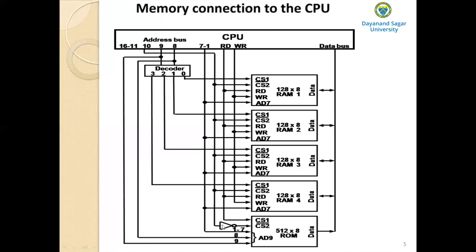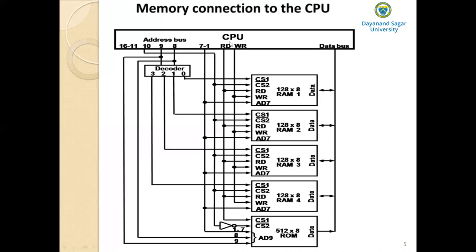So we have an inverter here because the input to the CS2 bar is always 0. That is why there is a NOT gate here for CS2. If line 10 is 1, then you have to make it 0. How do you make it 0? By using a NOT gate. The output of this NOT gate is 0, so 0 is the value of this CS2 bar. Then this ROM will be selected.